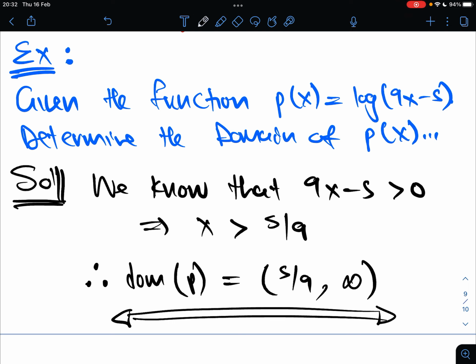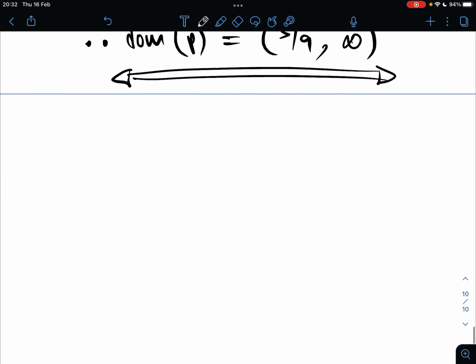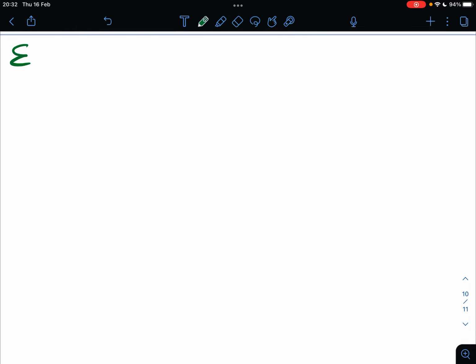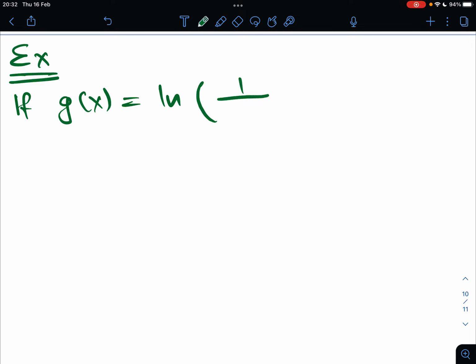You see that? So these are nice problems to practice on all the time when you are solving such problems. Then another example would be as follows. If a function g of x is equal to natural log of 1 over x minus 2, determine